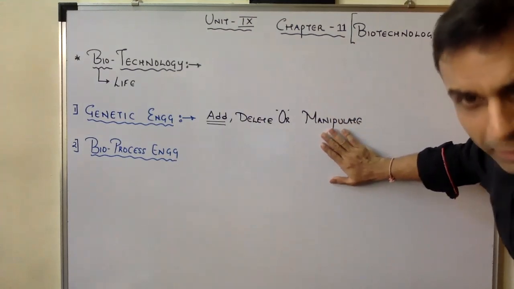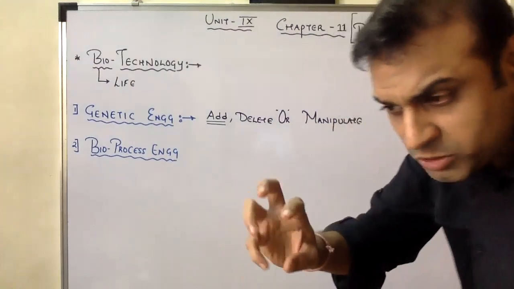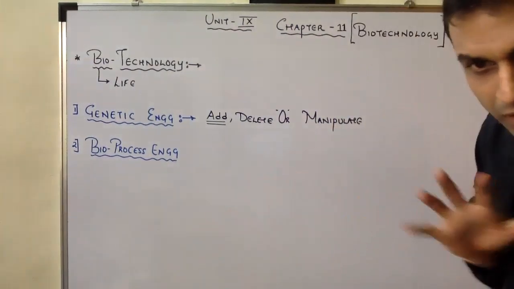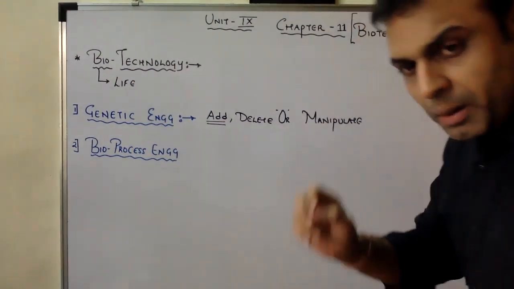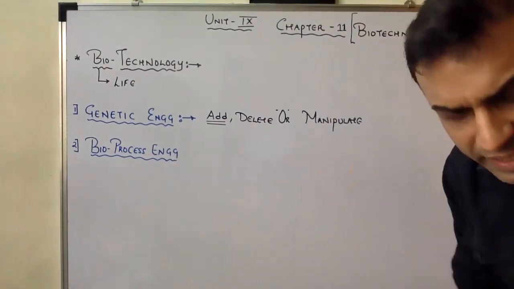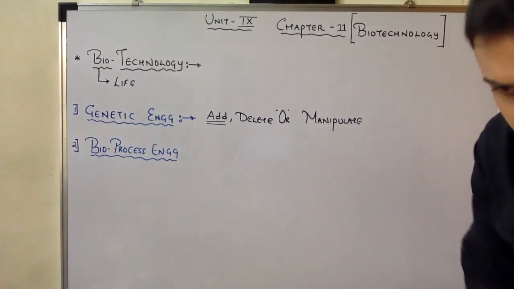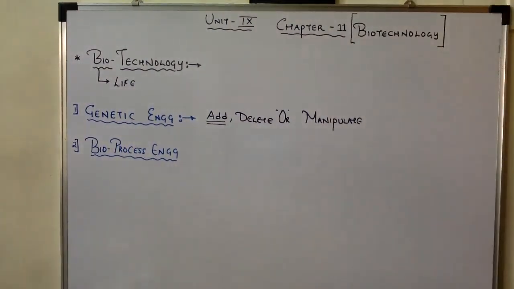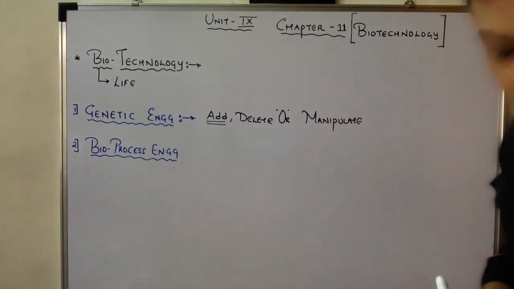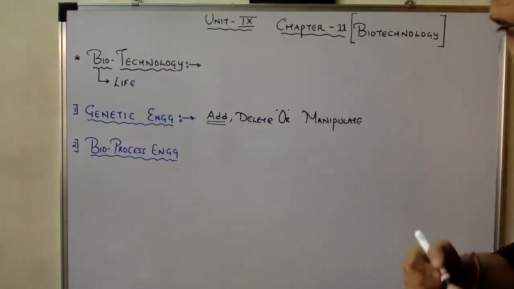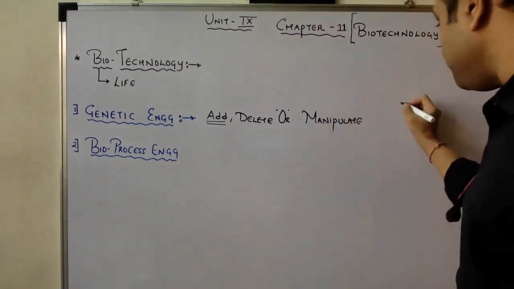Next is manipulation of gene. Now when I use the word manipulate, okay, manipulate is nothing but जो original है उसको थोड़ा सा change करने का, ताकि effect बहुत ज़्यादा आए. For example, a person is suffering from a disease. Let us consider Sickle-Cell Disease. Okay, now listen. In Sickle-Cell Disease, I hope everyone is very familiar with a word called codon. Okay. Now, listen, there is a codon in normal people,